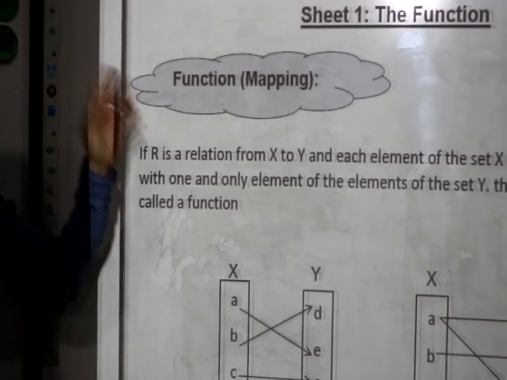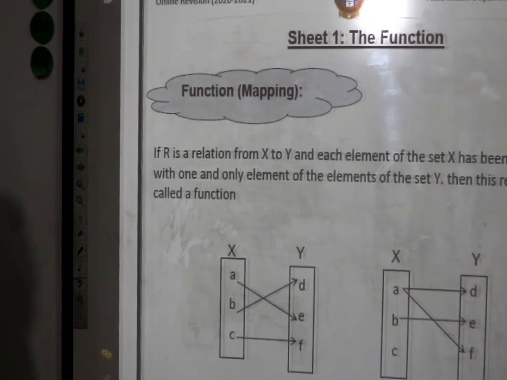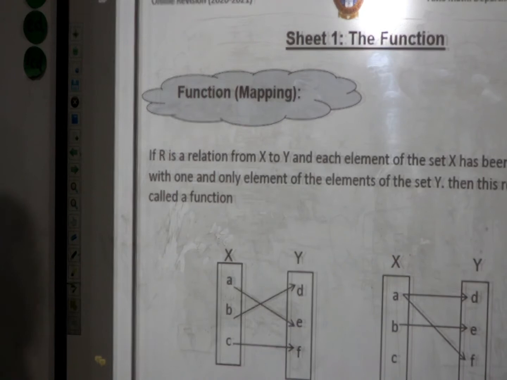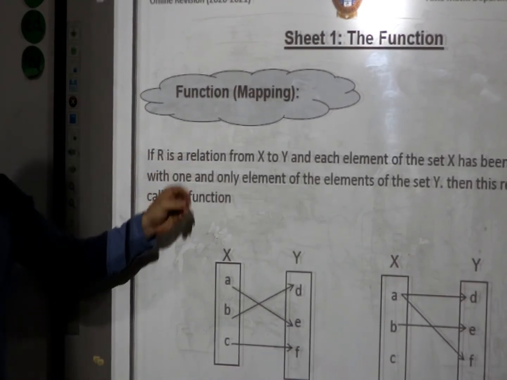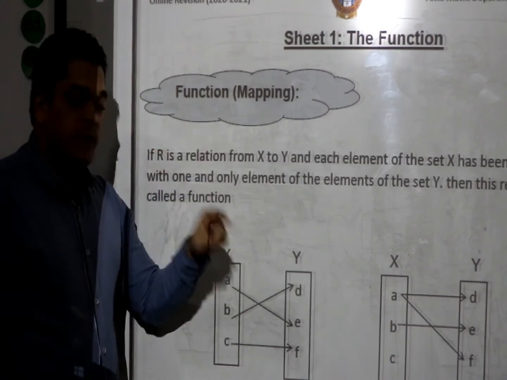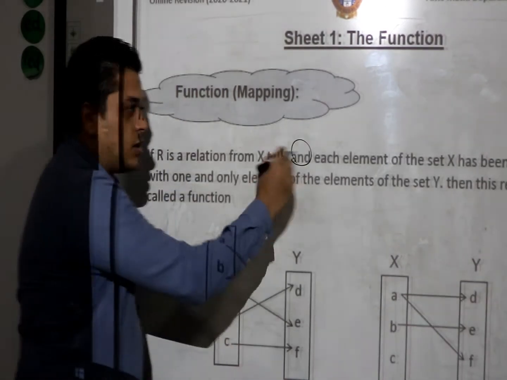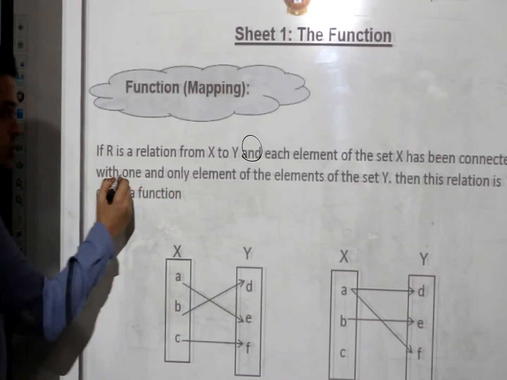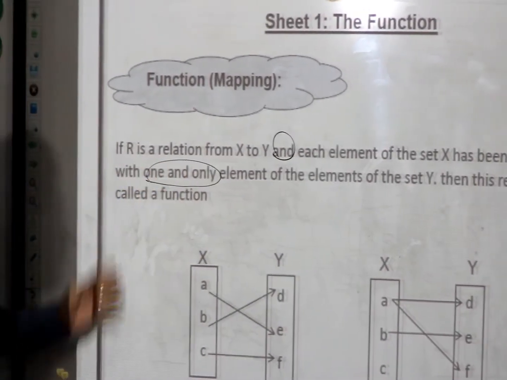We need to redefine the function. What is the meaning of function or mapping? You have already studied what a function is. A function is a relation from a set x to a set y. What about the condition of the function? Each element of the set x has been connected with just one and only one element in the